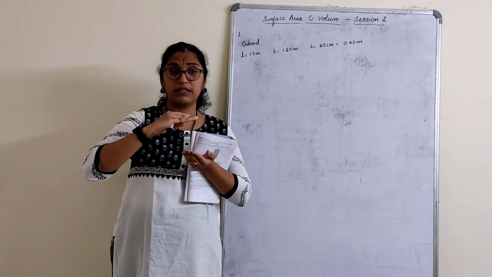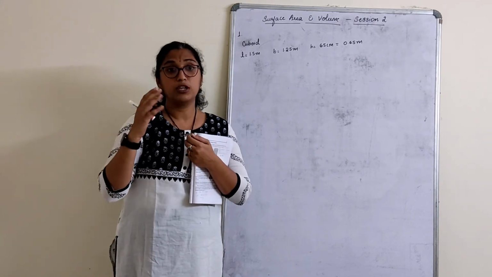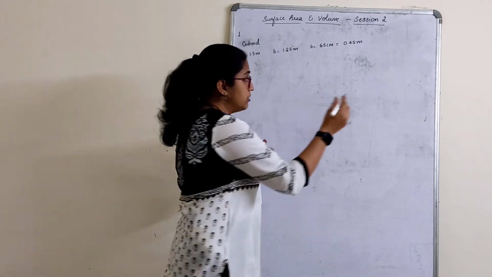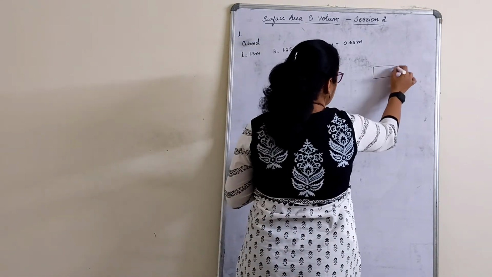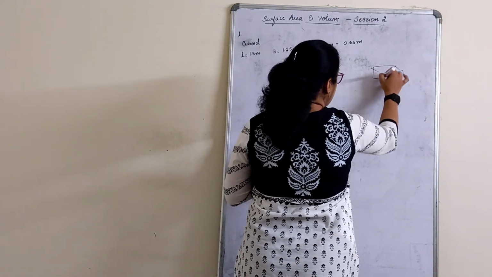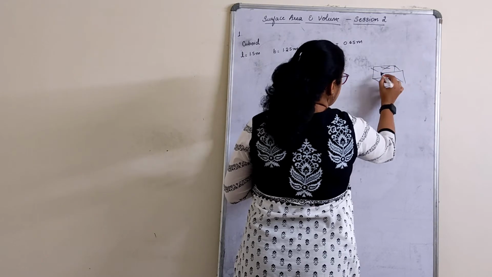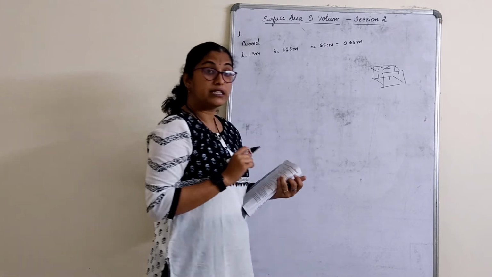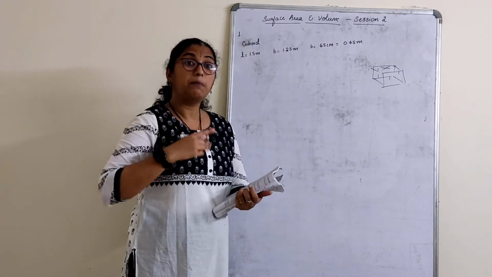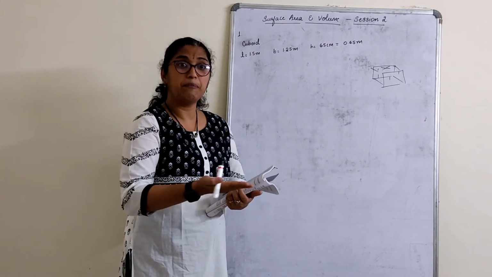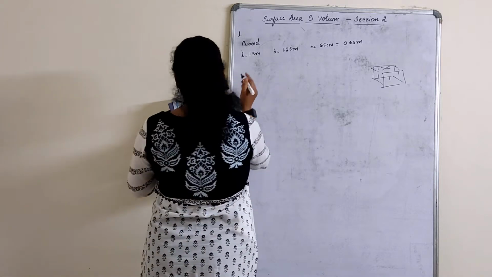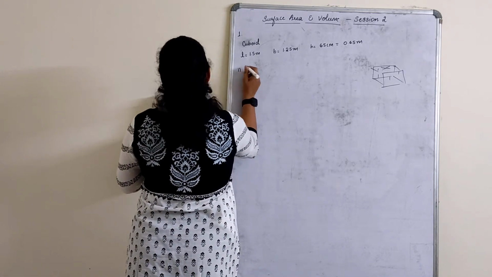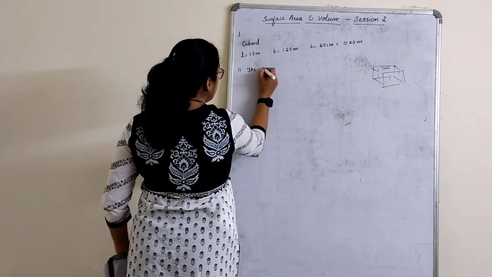I have to make a box now. Upper part is open. So what is that box? Now this is a cuboidal box that I talk about. Right? This part is not there. But does it have the four walls part? Yes. So it is LSA plus what? We have a base.